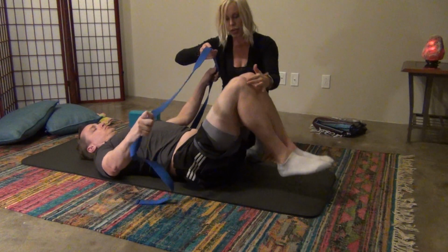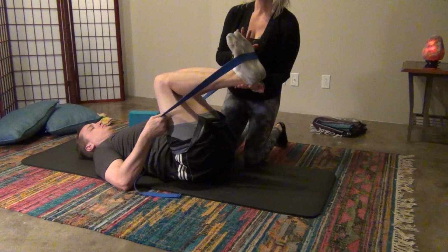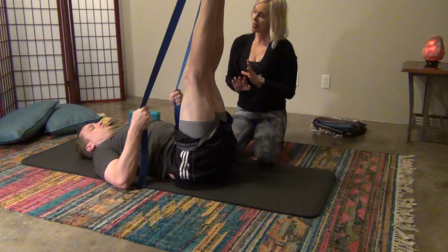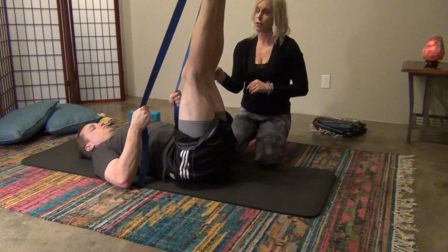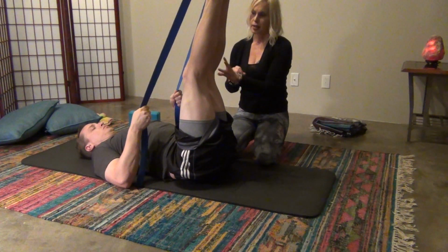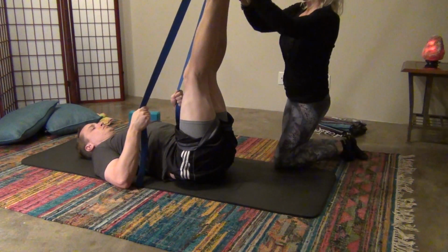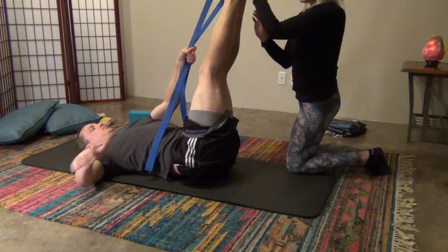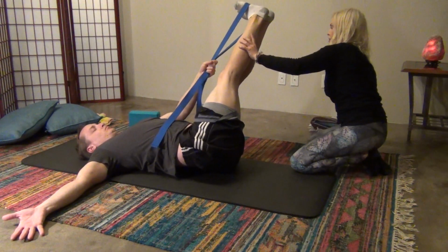So bring the knees to the chest so that we can gain access to place the strap around the arches. And now we're going to raise the legs to the sky. Now please note before we go into the next phase of this pose that we want to make sure there's a bend in our knees. The knees should not be locked out. Whether you're at a micro bend or even a deeper bend, go to your level of comfort. And now what we're going to do is go straight over to the opposite side. So you will have to adjust the strap as you go, but we're just going to be dropping those legs